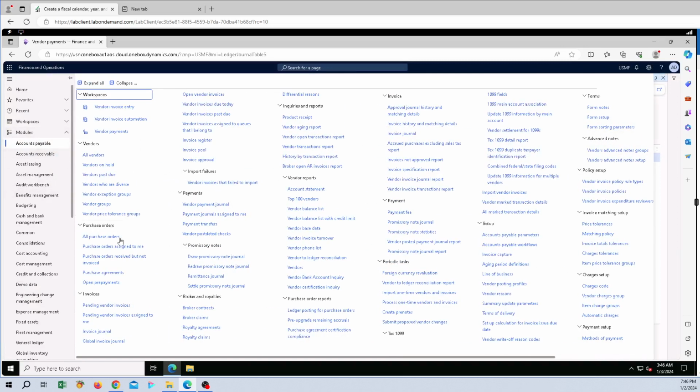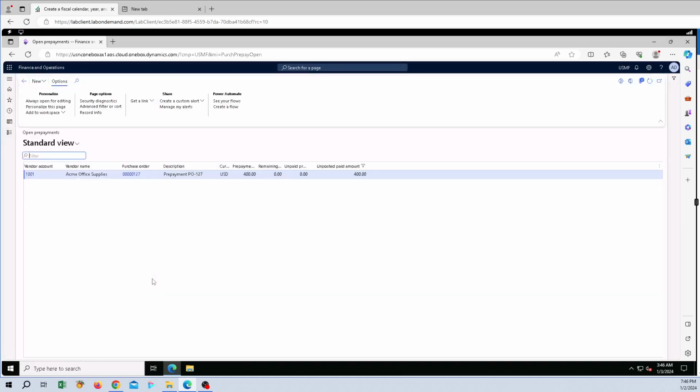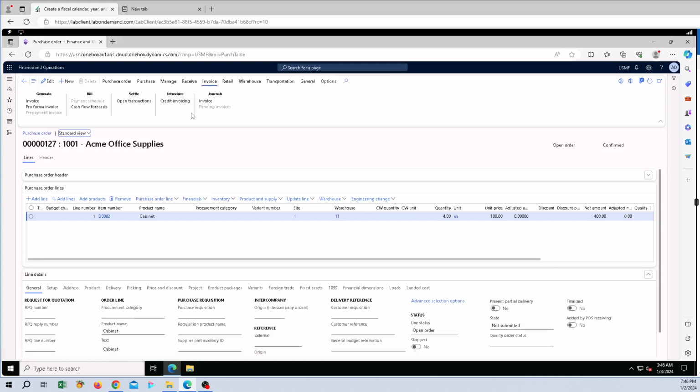And now you go back to the open prepayment. You can see that change, right? They changed from before to zero, right? And then the amount is moved over here to unposted paid amount. So this amount is ready for you to apply to the invoice on the PO. Okay. So everything looks good, and then the purchase order is 127. Okay. You can link to the purchase order 127, and now you can